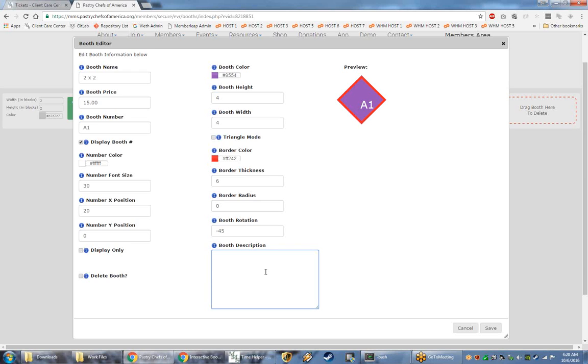And then finally down here we have the booth description. You can add any text that you want, and then when someone is viewing during registration or when they're viewing the public map, when they hover over it, they'll be able to see what the description is, along with the name and the price and the number. So all this information can be added so that when people are registering, they can get a good idea of